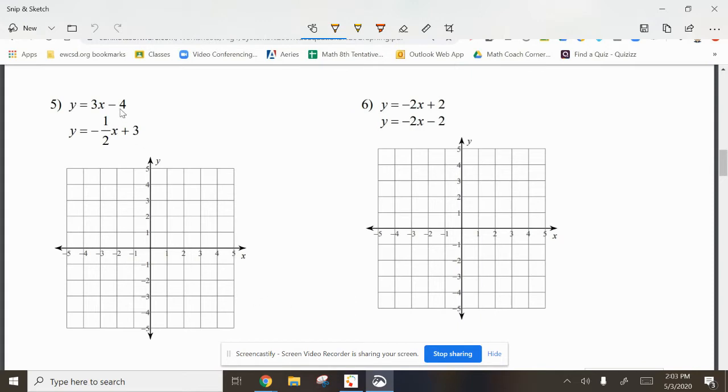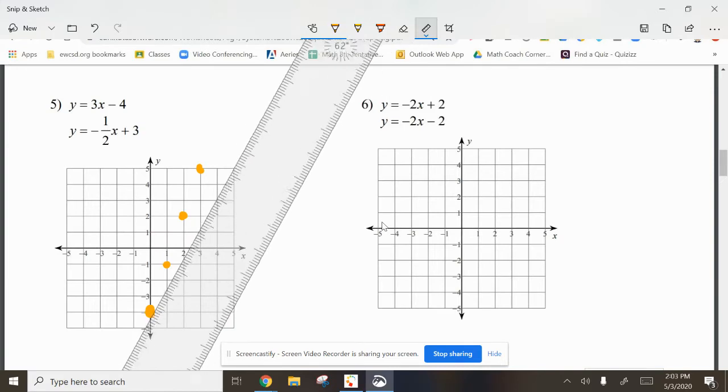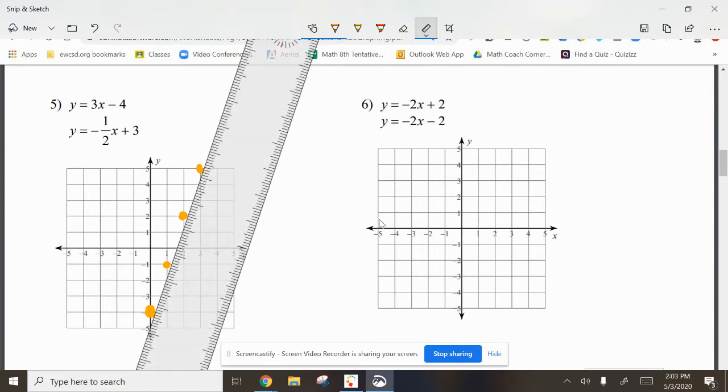Let's go. Number 4. We start this problem off here. We look at the equation. We start here with our y-intercept. We go -4 and put our point right there. I know, the big point. Then we go up 3 over 1. Up 3, 1, 2, 3 over 1. And if we wanted to be super precise, we do it again. Up 1, 2, 3 over 1. All right? And then here, and then kind of just draw,